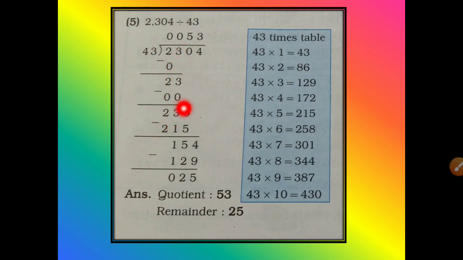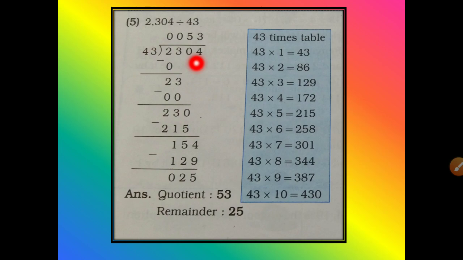Now copy the next number, that is 0. 230. This number is bigger than 43. So this will come in the table of 43. Write the table of 43 and find out is 230 there. No, but the smaller number is there, that is 215. 43 5s are 215. 0 minus 5, not possible. Borrow from 3. This is 10. 10 minus 5, 5. This will be 2. 2 minus 1, 1. 2 minus 2, 0.